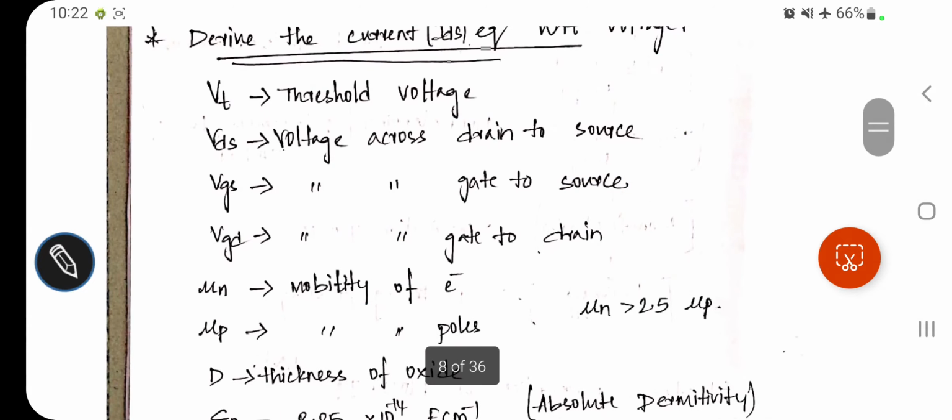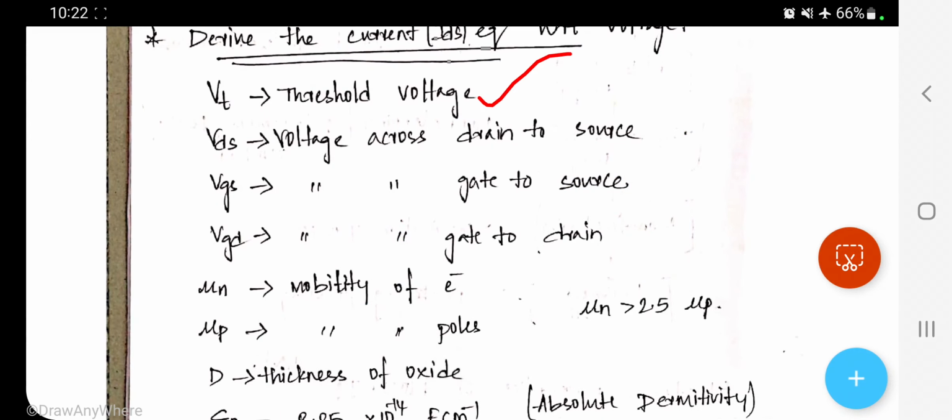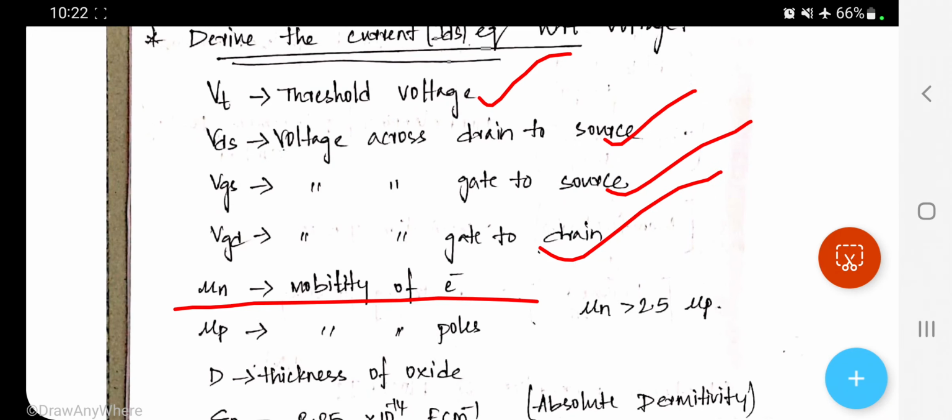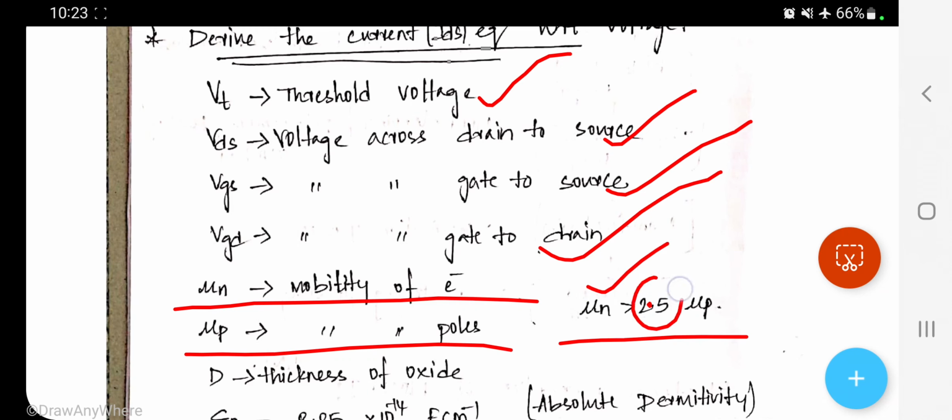Here it is given: the threshold voltage VT or VTH, drain to source voltage, gate to source voltage, gate to drain voltage, mobility of electrons given by mu n, and mobility of holes given by mu p. mu n is almost greater than or equal to 2.5 times mu p. That is, the mobility of electrons is higher than the mobility of holes by a factor of 2.5. Next we have the thickness of oxide